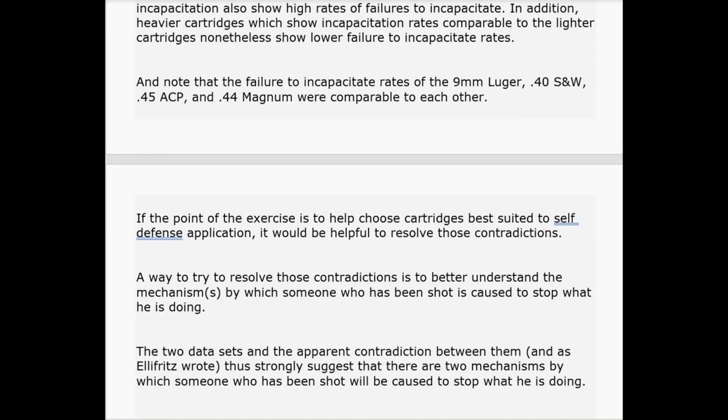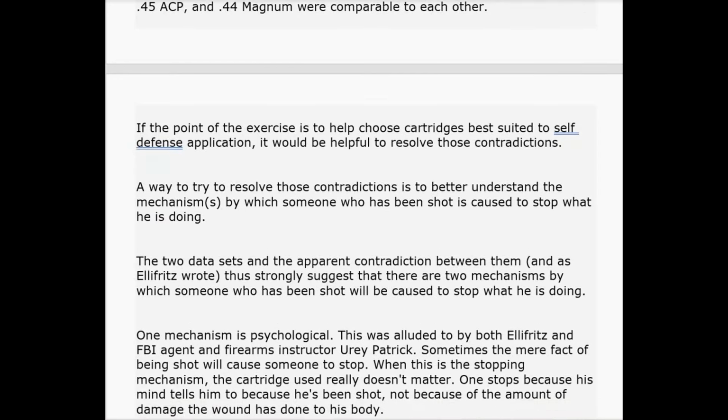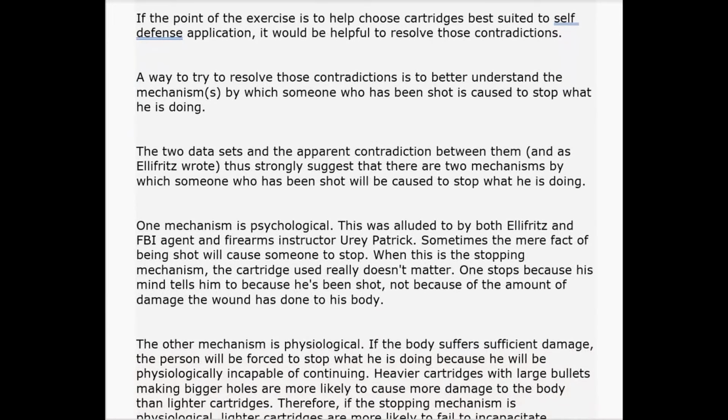Folks, that one must get all of our attention, in my opinion, because that is putting the importance back on those fundamentals at the top of this page that we first started with. If the point of the exercise is to help choose cartridges best suited to self-defense application, it would be helpful to resolve those contradictions. A way to try to resolve those contradictions is to better understand the mechanisms by which